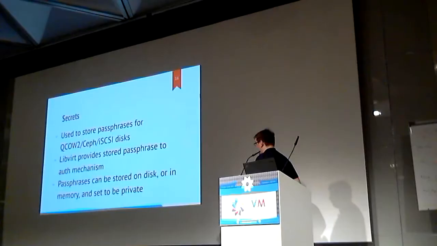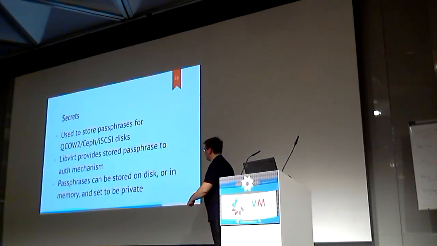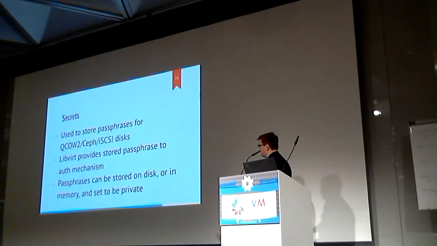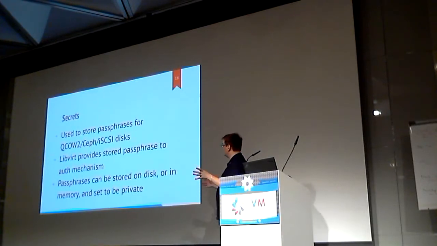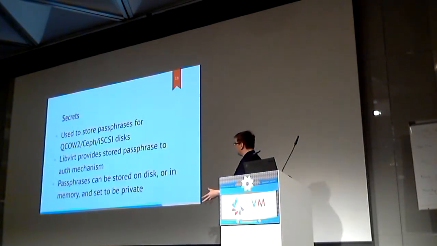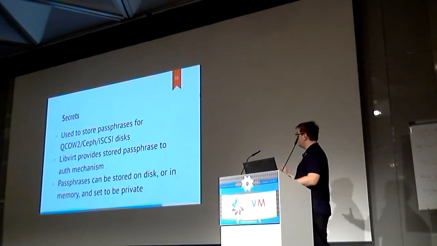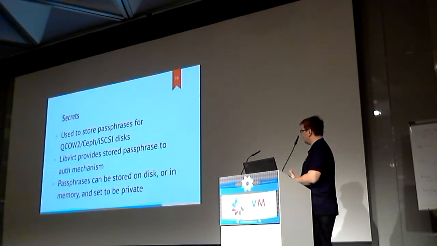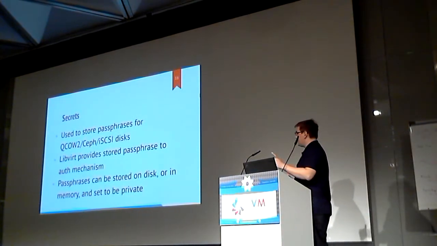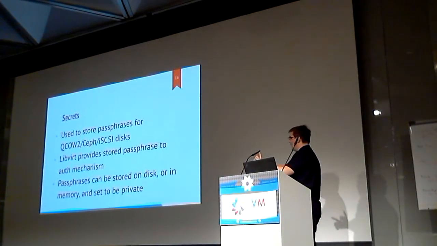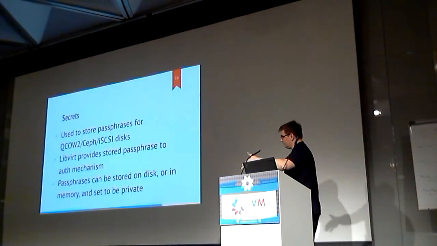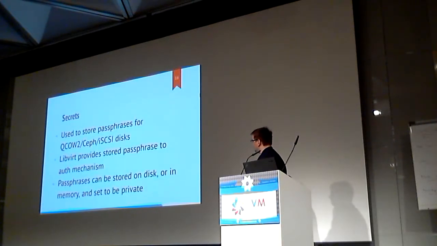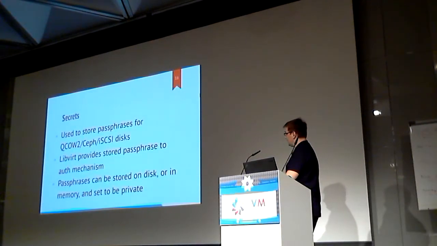When I was talking about how libvirt starts up a machine, I told you that we do provide passphrases to your QCOW disk. This is something we refer to as secrets in libvirt. You can use them to store passphrases not just for QCOW, but for other disks as well. Basically, once you provide us a passphrase, libvirt will provide it later to the authentication mechanism,